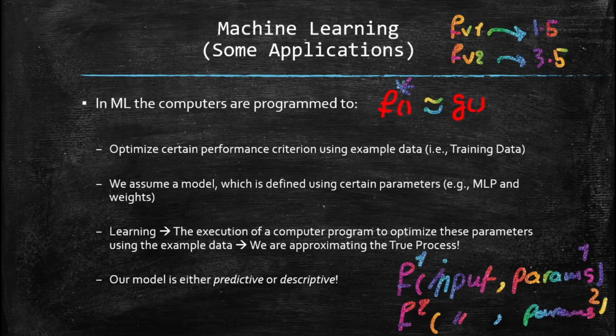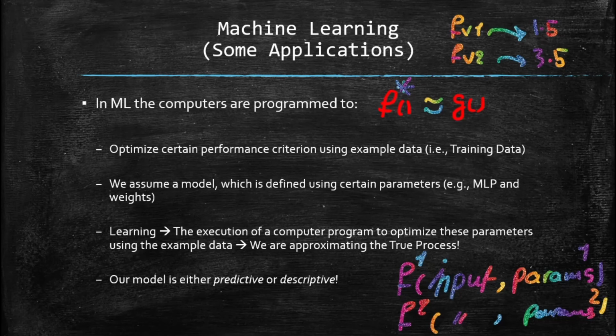Eventually, you'll come up with f star, with the parameters star, meaning that the parameters in your model, in your f, have been optimized. What does it mean? It means your f has now become the best thing that it could ever be. And it's a very, very nice approximation of the true process that explains how the input connects to the output, which is G.